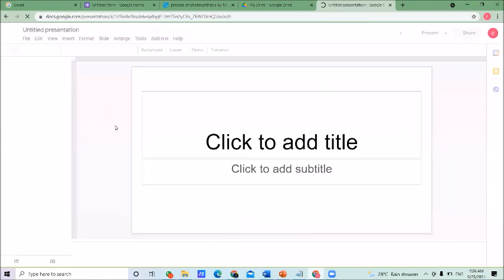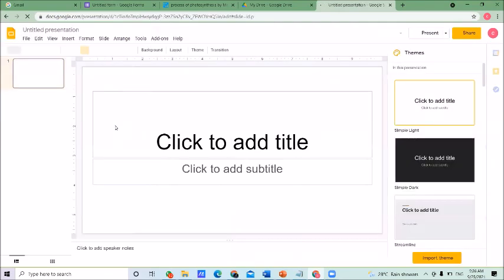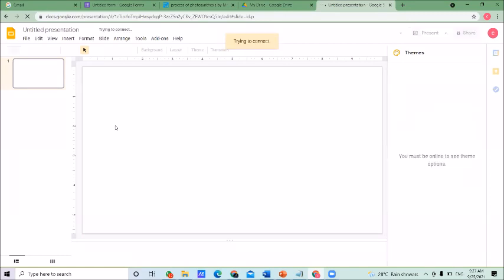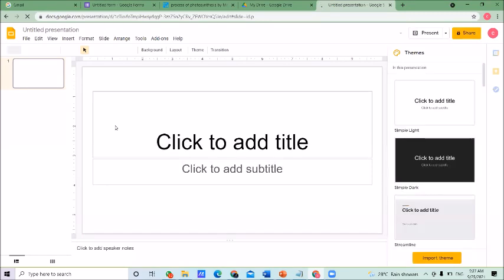Once you click on it, you will get an environment similar to PowerPoint. Once you see this environment, you will remember your PowerPoint environment.